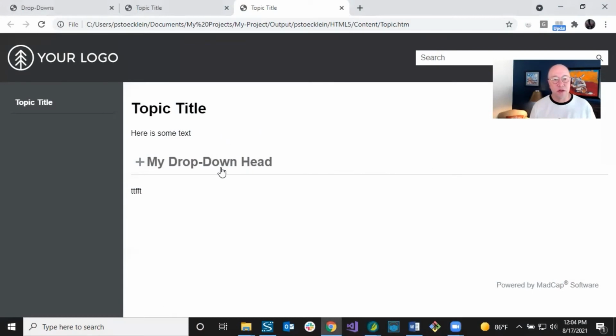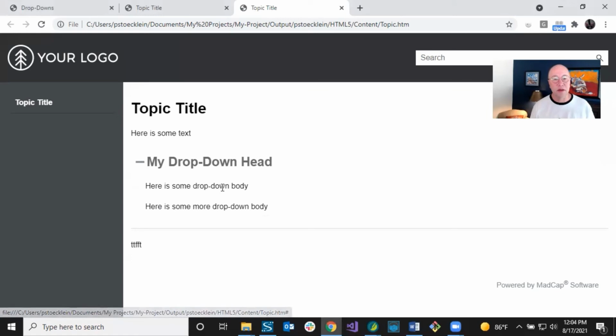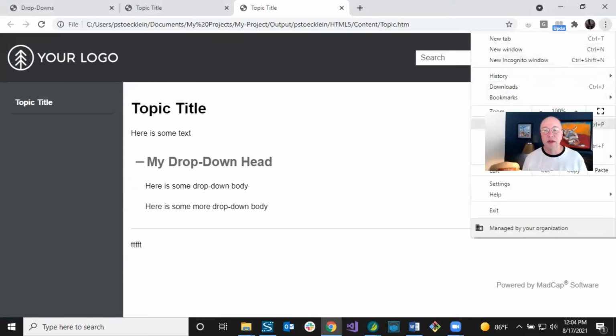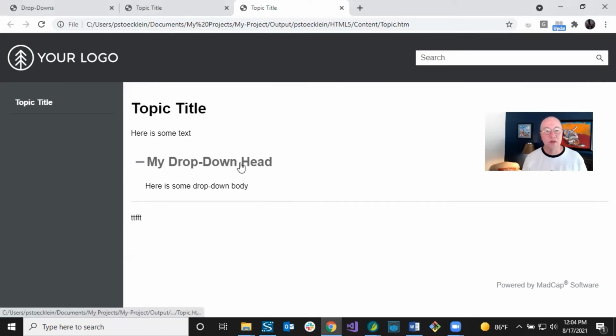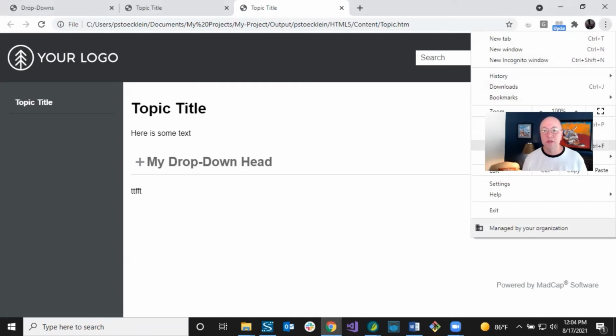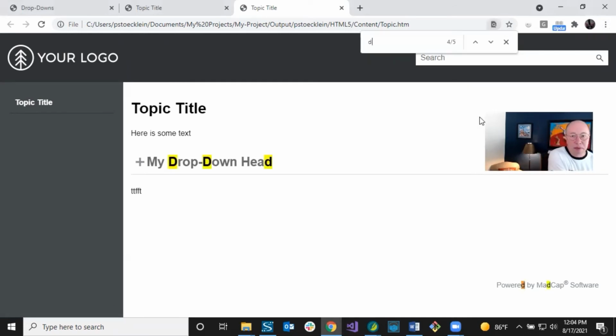This is our little example here, and you can see this is collapsed, and I can expand it and see, okay, there's more text in here. Let's say that somebody opens up this topic and they want to use this little feature in the browser to find something, and they want to look for the word drop down. So I'm going to select that and go to find, and I'm going to type drop down, and you can see that it found this one, but it's only found one of one. It's not getting that